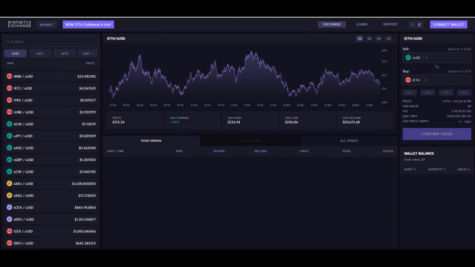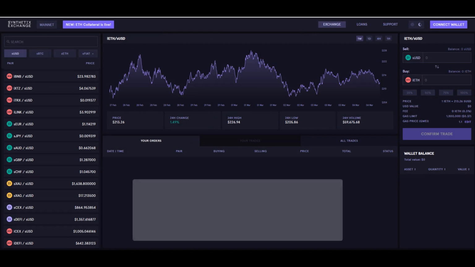Now, even though this all sounds great, there are some downsides. Number one, it relies heavily on price feeds. If anything happens to their price feed source, the exchange could be shut down, and that's actually happened in the past. And I think with this platform, like many other DeFi platforms out there, they're going to end up using